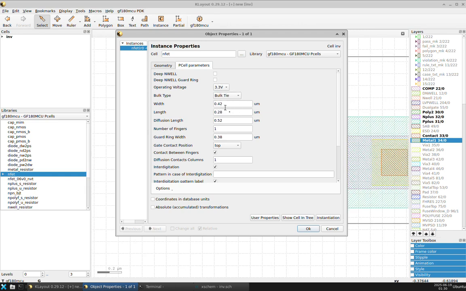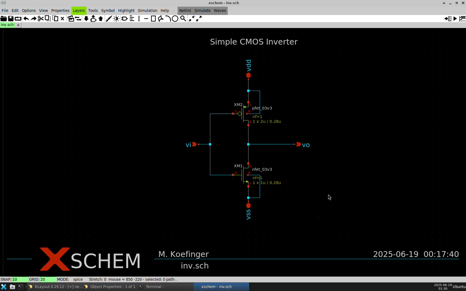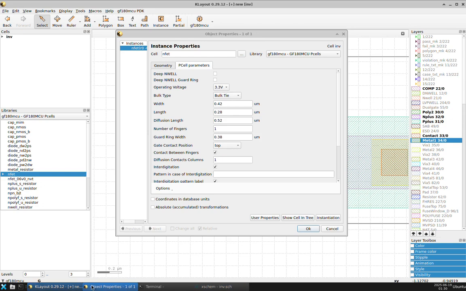Here I only need to type in the width and length of the NFET that I have here. I'm going to go back to the schematics. So the width is 1 micrometer and the length is 280 nanometers. All right,